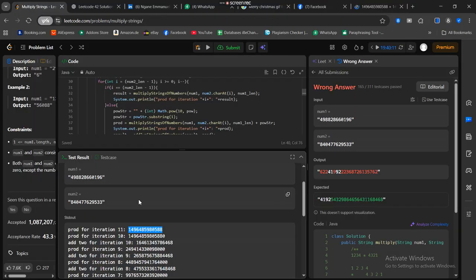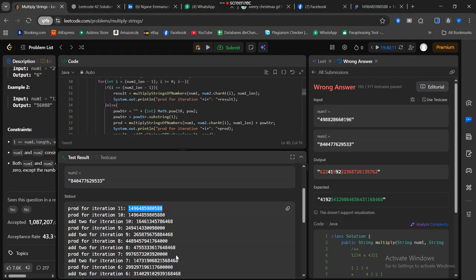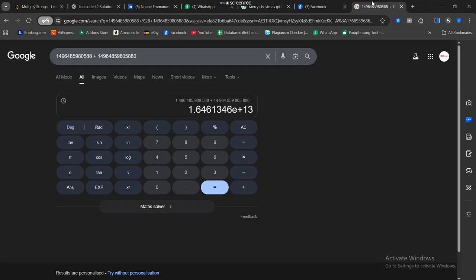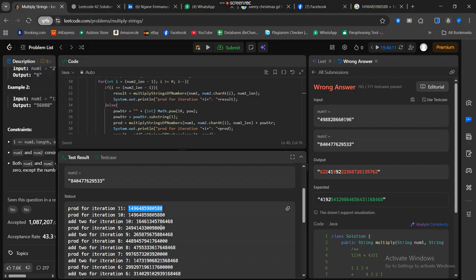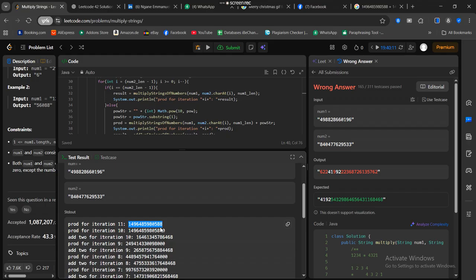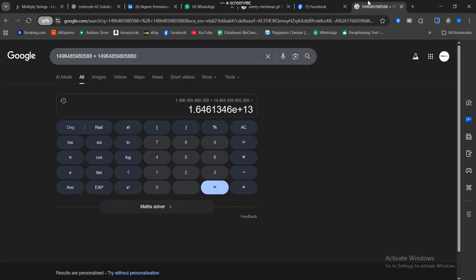If there's a problem, I'm guessing it's going to happen. So if that comes out correct, then I'm just going to ask ChatGPT, because I'm going to tell you right now, I will not have an idea on where the problem is coming from. So if that does not come out correct,